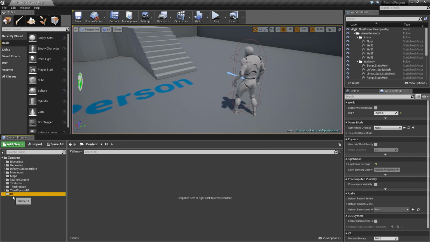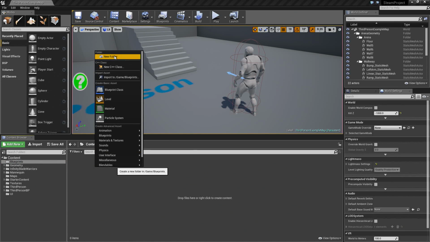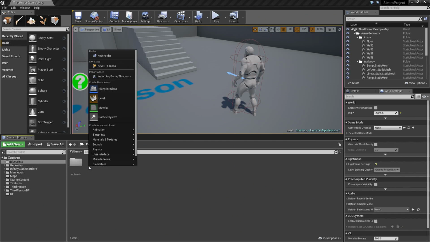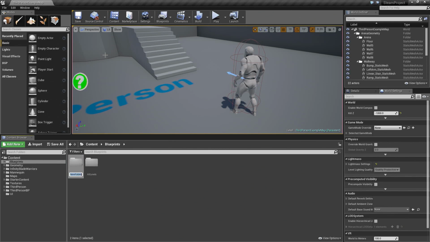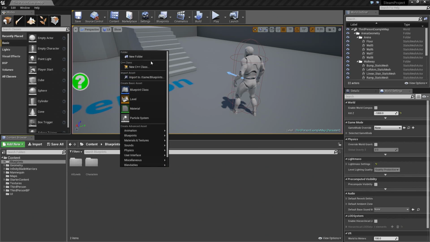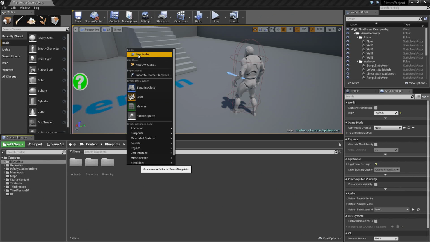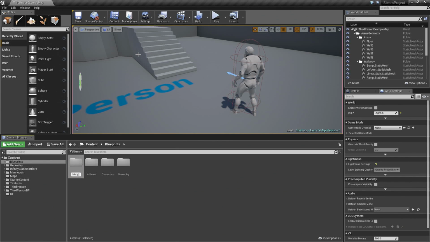Now within our blueprints and our UI folders, we're going to have some subfolders in there. So let's start out with the blueprints. Over on this side now, I'm going to right click, new folder. And I'll call this folder all levels. So blueprints that will be used across all levels. Right click, new folder. And we'll call this one characters. Going to hold all of our characters. Right click and new folder. We'll call this one gameplay. So all our gameplay related blueprints. Right click, new folder, and we'll call this one lobby. So all of our lobby related blueprints.